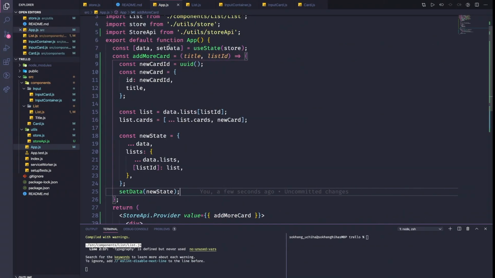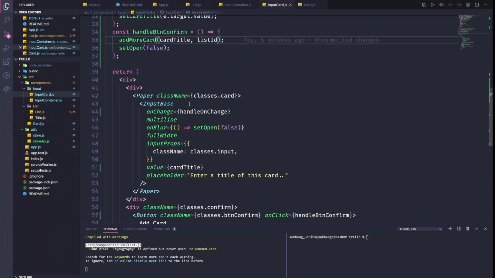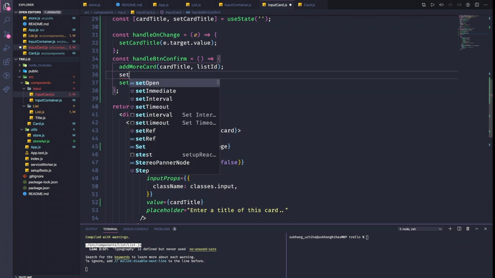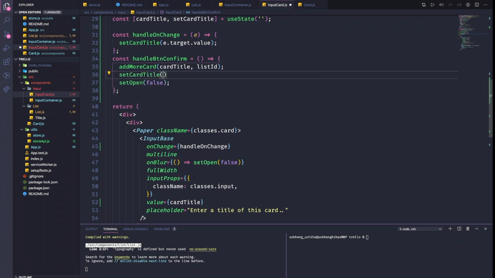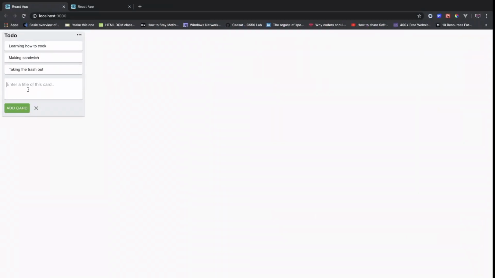submit. So for that we have to go to input card, and then after it's on click, what we want to do is to set card title into null. Now again, if I click hello, click add, we have this one, and then it will change this one as well. Perfect. And also we want to check if this one,